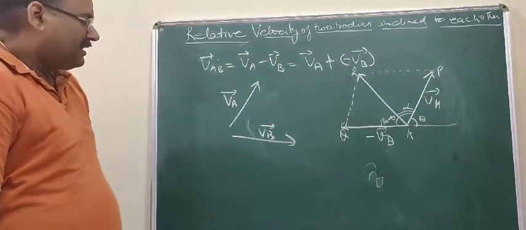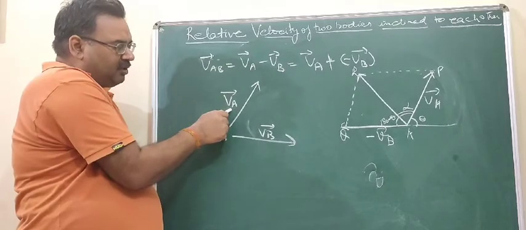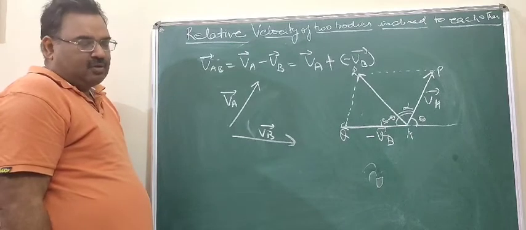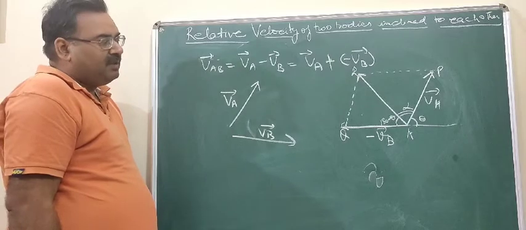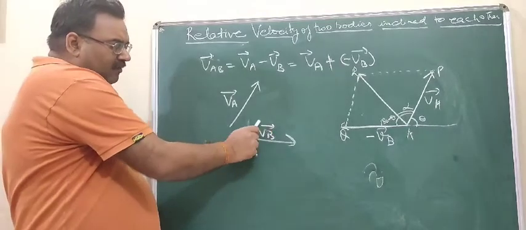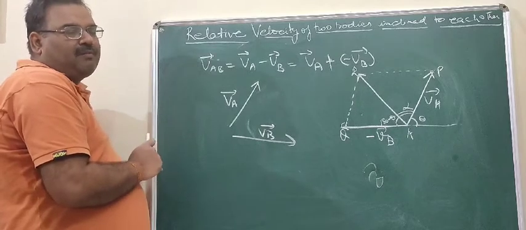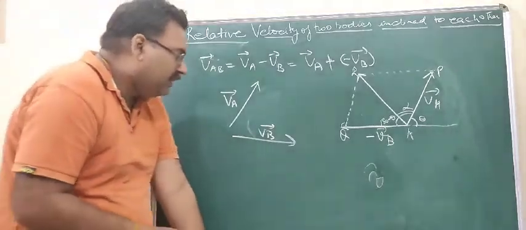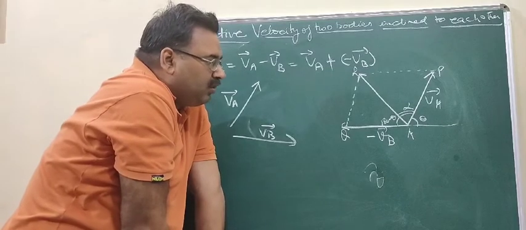Let us see that we have the velocity VA of an object moving in this direction, and another object moving horizontally in the direction VV. We have to find this relative velocity. Relative velocity is given by the formula VA minus VV. So we will add the reverse of velocity VV in the opposite direction and use the law of parallelogram. So here we have VA moving along